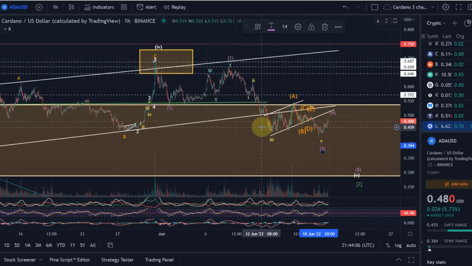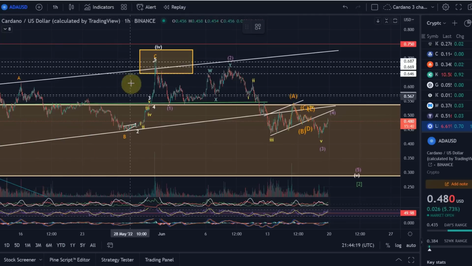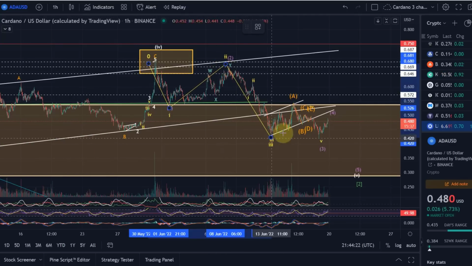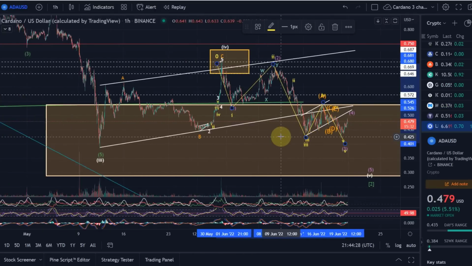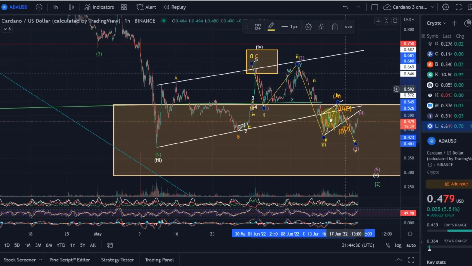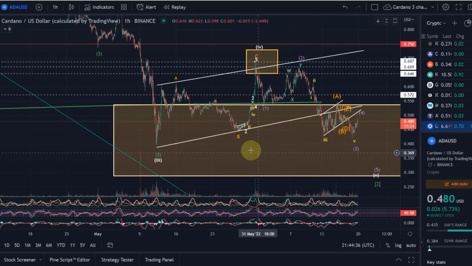Now, what I need to tell you about this is it is possible to count all of this already as a 5-wave move down. So it would technically be possible to complete an impulse. Based on that, we could say, okay, correction, ADA, complete, we move up. Why do I not do it? I don't do it because I'm still missing a lower low compared to the wave 3. At 38.5 cents, we ideally need to go lower to really tidy the whole chart up.